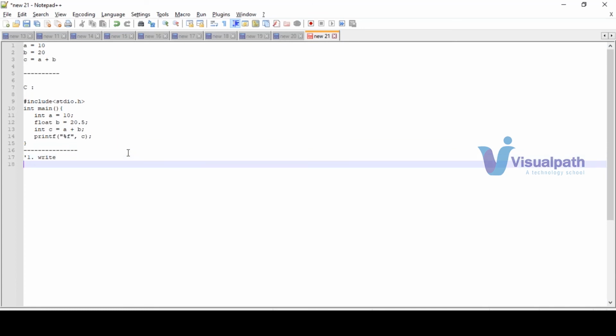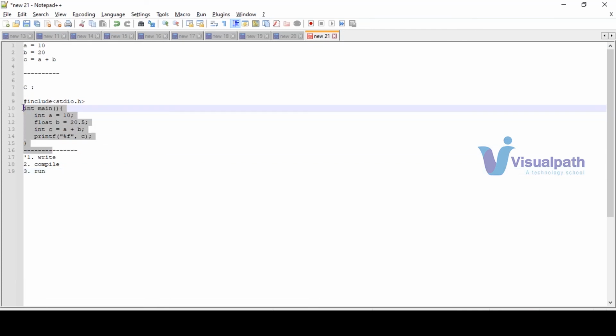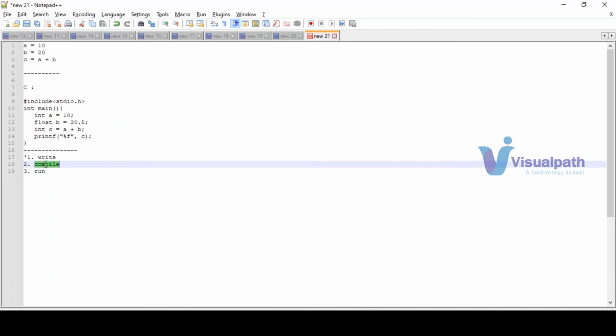First we write our program, and after that we compile our program. Once we compile, some .exe file will be generated, and that file we run, right? So once you write your C program, we compile it. In the middle we have something called the C compiler. As a programmer you have to convey what kind of variables you are using.